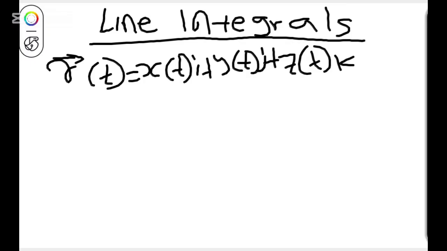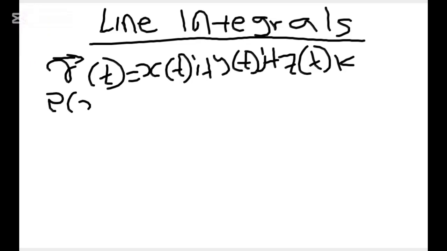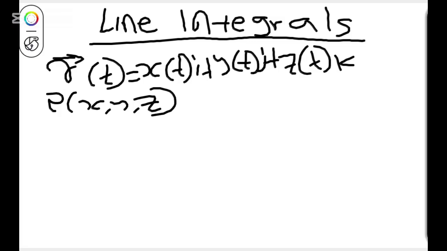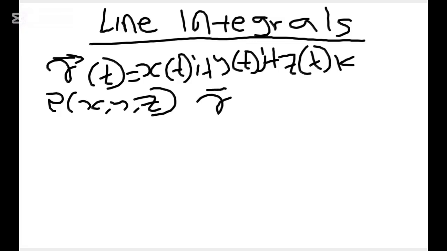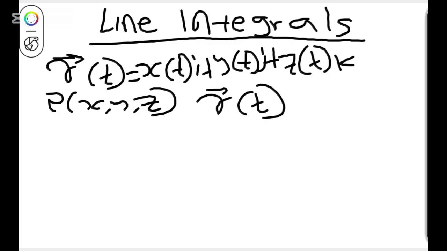So let this vector be the position vector of a point, let's say the point x, y, and z. And let this vector r of t define a curve